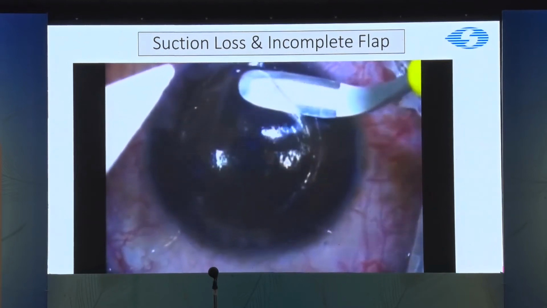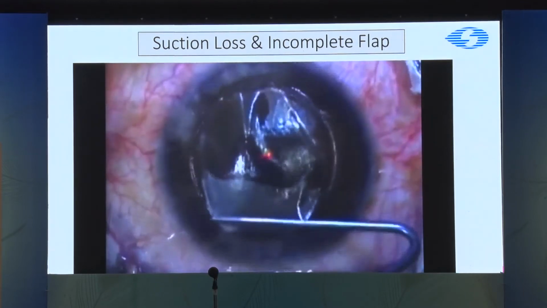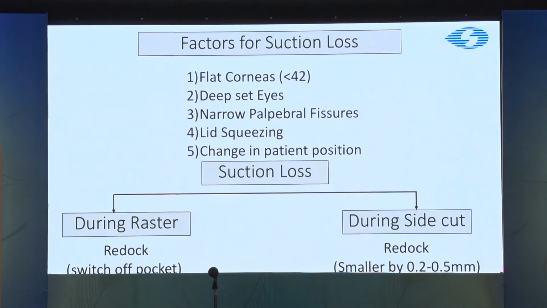This is one where there was a mild movement of the patient during the procedure, which is why the flap was uncut in one area, and we had to use a crescent to fashion that part of the flap so that we could lift it. So if this happens in the periphery, it's okay, it's safe to lift it, but try to dissect with blunt instruments. That's the take home from this.